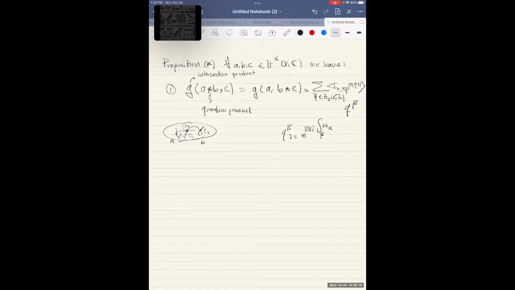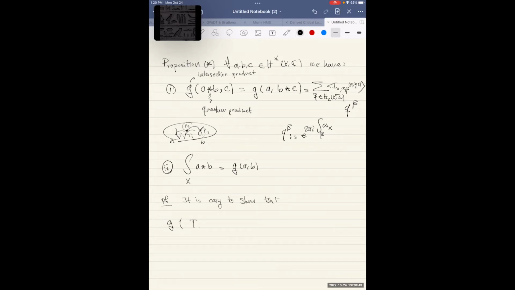Okay, so this is that. And part 2 of this proposition is that we would like the integral of the quantum product between A and B to be equal to the intersection product between A and B over X. Okay, all right. So here's the proof. I'm just sketching it. It is easy to show that